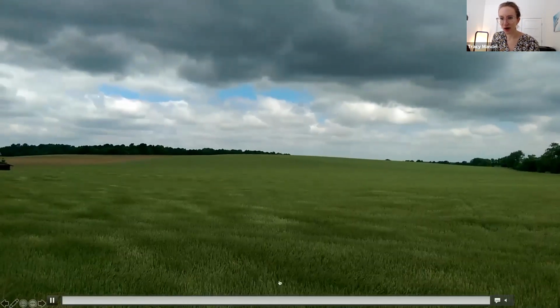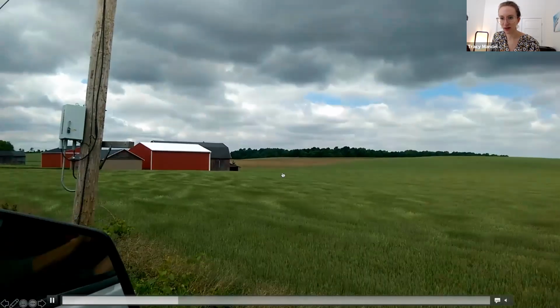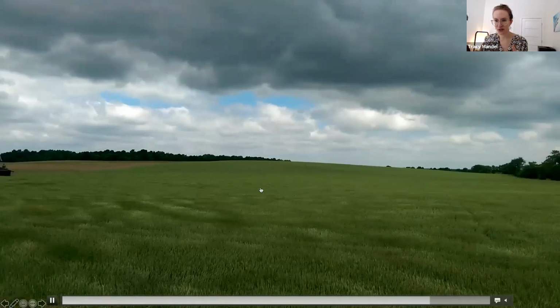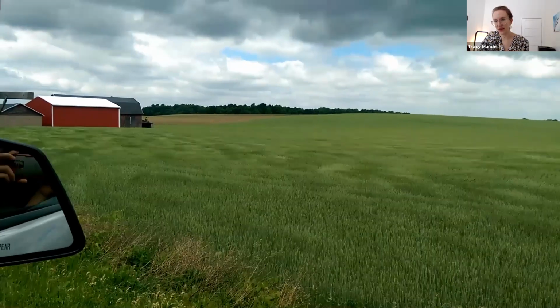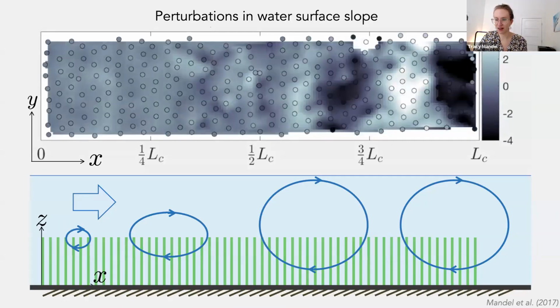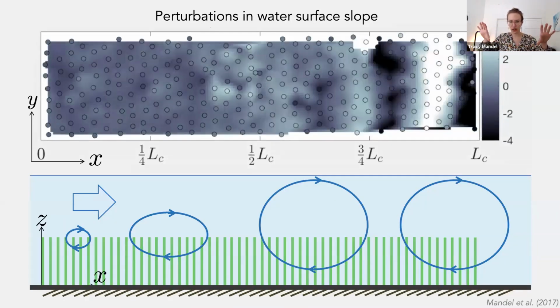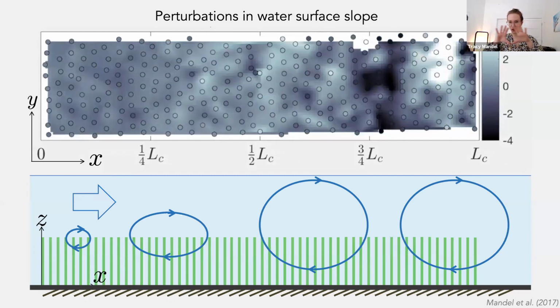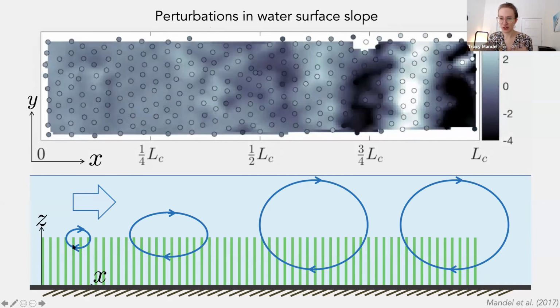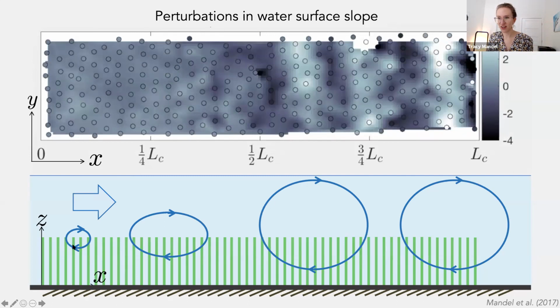And you can see there's maybe some characteristic wavelength or length scale or periodicity in this sort of flow. So this is a signal that we will be looking for using these cameras. And what we found was actually something that looks maybe very similar to that video I showed. So this is a video on the top. We're looking down at the water surface. So these are changes in the water surface slope. And I have a kind of side view here, just a cartoon of what we were observing.